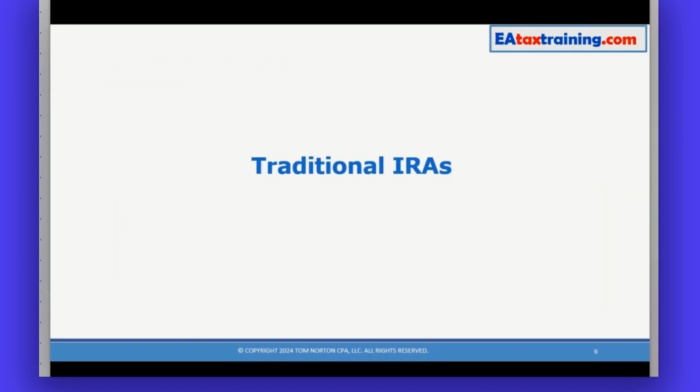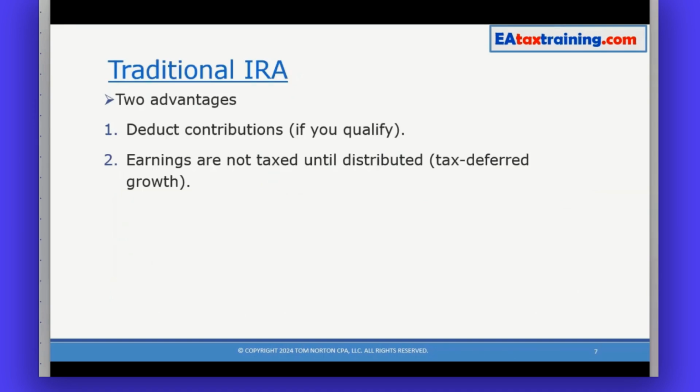So with traditional IRAs, there are two big tax advantages. The first, as we discussed, is you get to deduct the contributions that you make today, if you qualify. The second is that the earnings are not taxed until they are distributed, for instance, at retirement. This is called tax deferred growth. So if you have a savings plan or an investment account outside of a retirement plan,